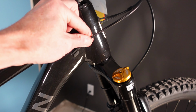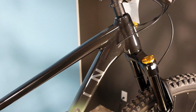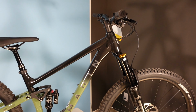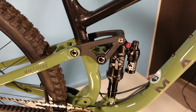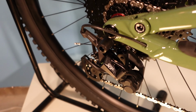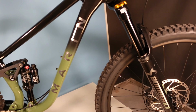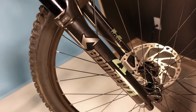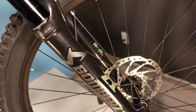You just give this a yank and you actually have a fairly taut cable in here that's potentially less likely to rattle within the frame. So we have an amazing spec as far as rear shock and rear derailleur go on this bike at this amazing price point. Then as we step up front to the 140mm Bomber Z1, we are once again impressed by